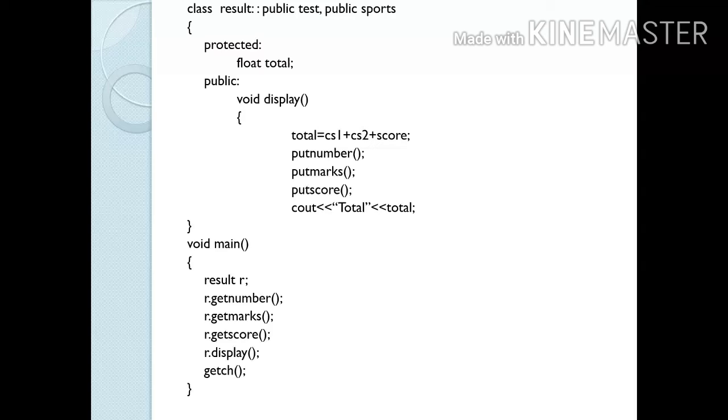Then R dot get score, and I am taking the score from the user. Then R dot display means the total of all will be displayed. So in this particular program there was more than one type of inheritance involved. So this is called hybrid inheritance.